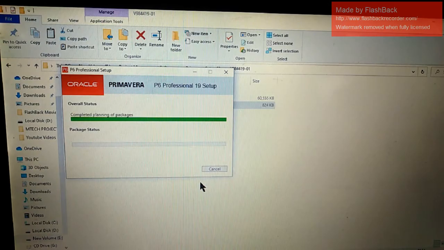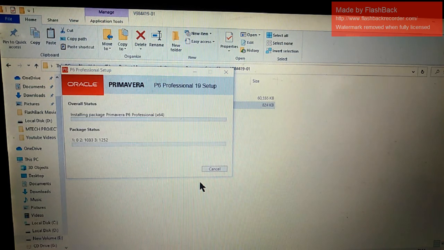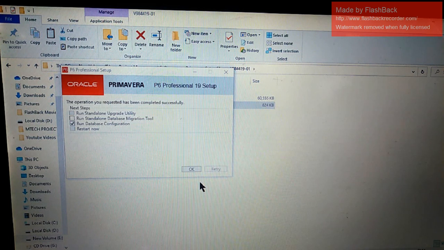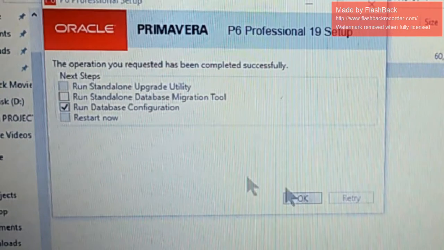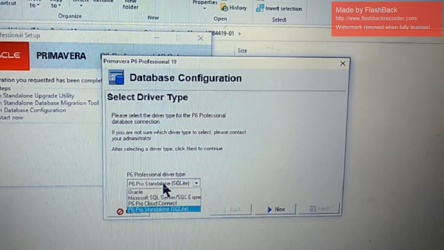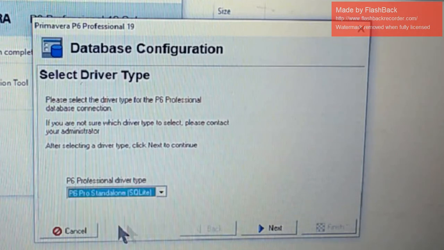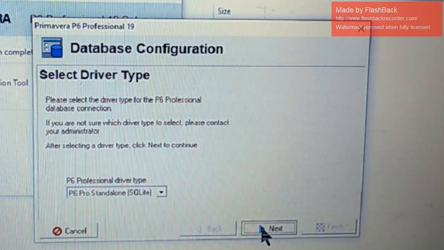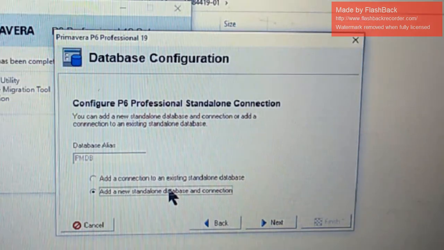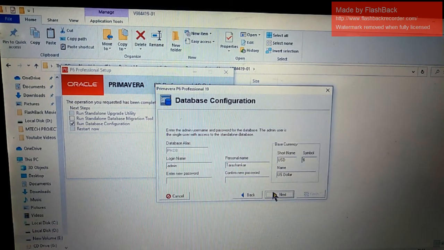Then click on install. Now we need to allow. Click on the yes button and let the package be installed in your system. It will take some time to install the Primavera P6 file, and keep the run database configuration checkbox as it is and click on OK. Now in the P6 Professional driver section we have to select P6 Pro standalone, and next we